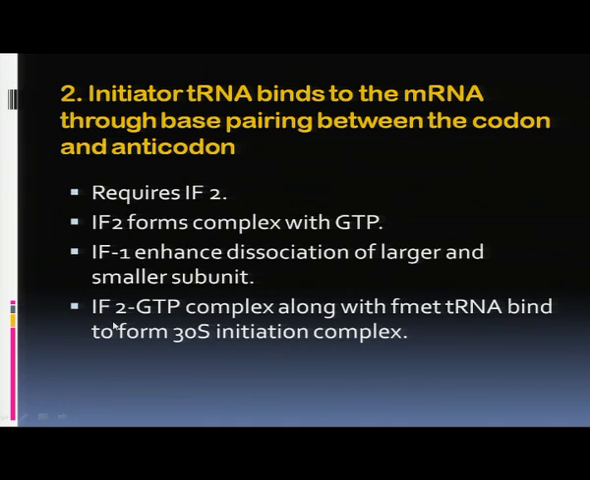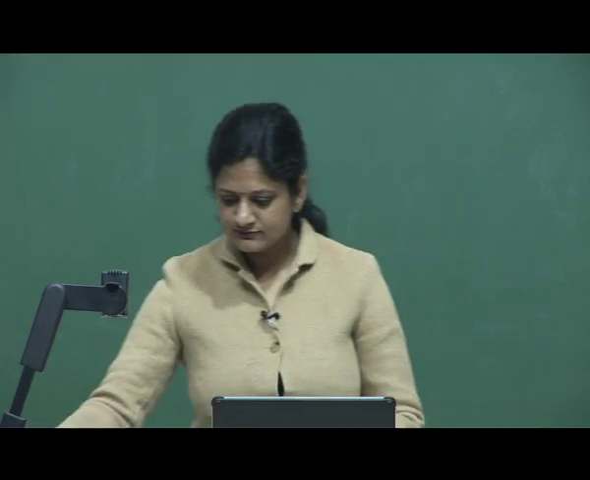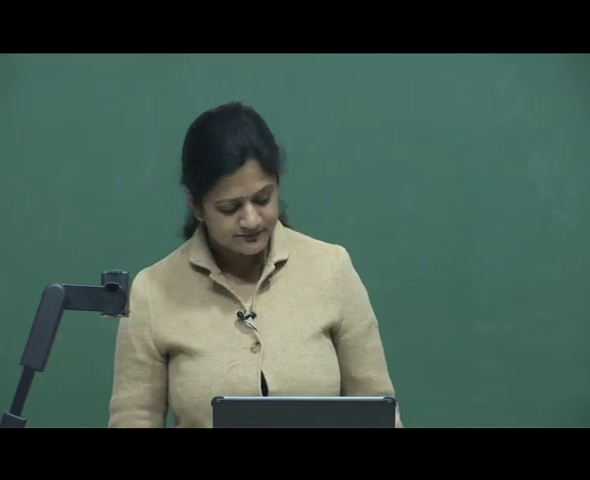So, IF1, IF2, IF3 along with GTP molecule, messenger RNA, formyl methionine transfer RNA, that is initiator transfer RNA, and the 30S smaller subunit of the ribosome, they all will combine to form the 30S initiation complex. This we can learn in this diagram also. Here you can see,